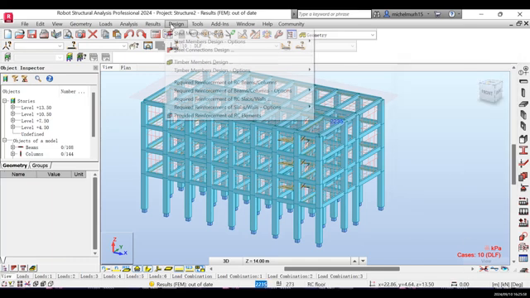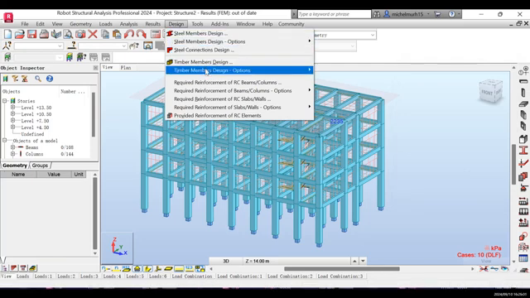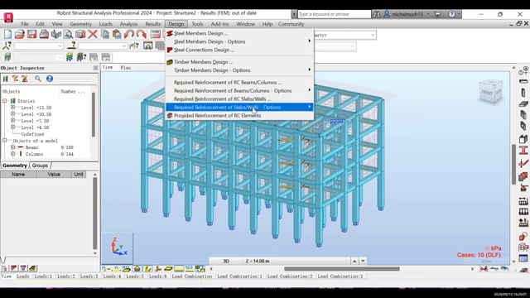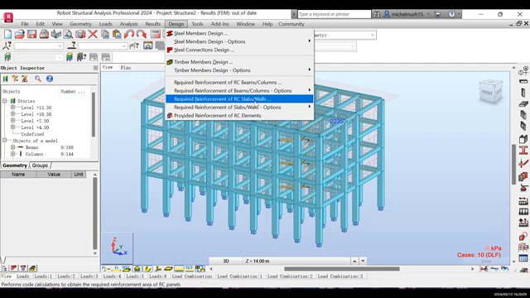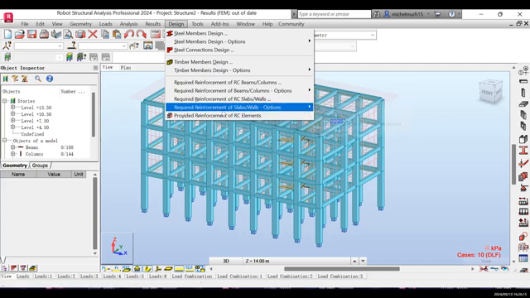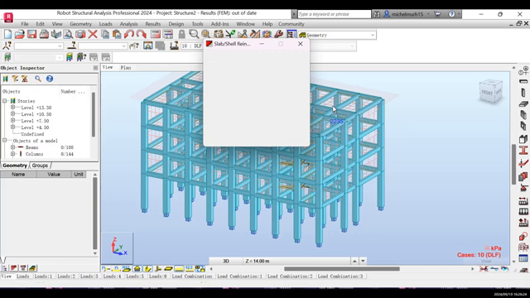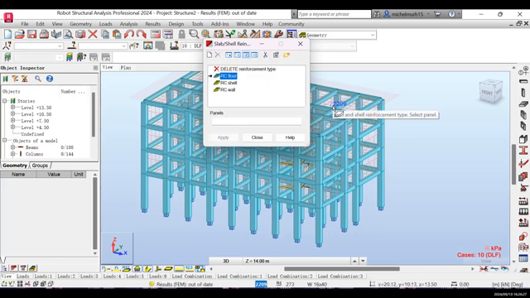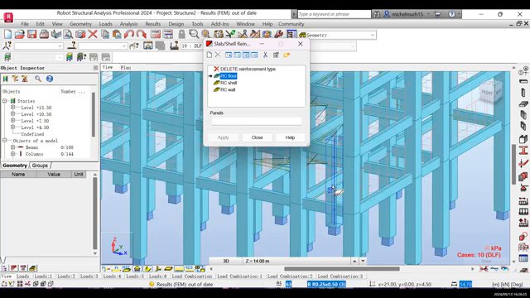If again I go on design, and I click, let's just see, because I have the slab here, right? I have a slab here, but I don't have walls, right? So let me just show you again. If I click on required reinforcement of slab and walls, right? If I click on it and then I take the code parameter, you can see that. So I'm gonna show in the next video, sorry, how to select the floor,